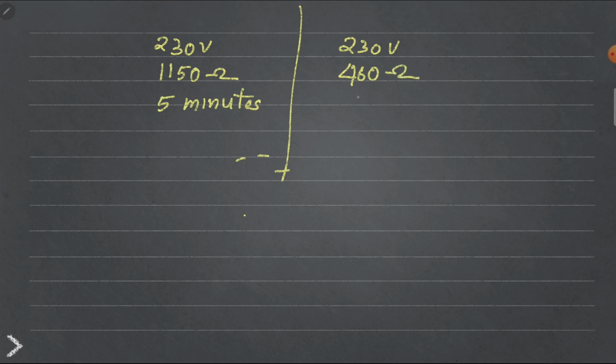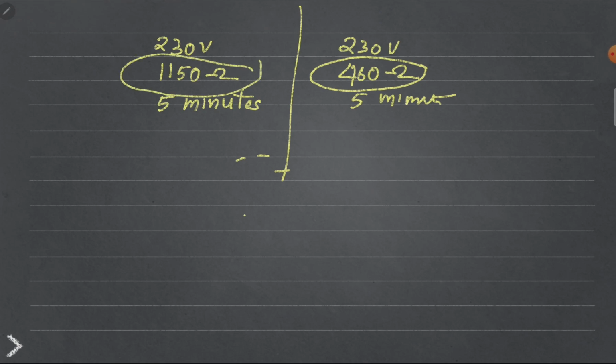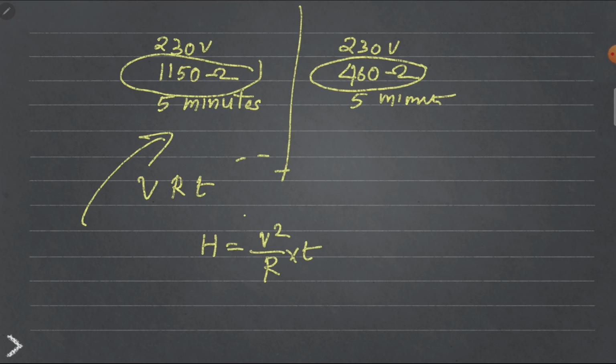Time remains the same. One thing is obvious: as here the value of resistance is low and here the value of resistance is high, some changes might be there in the value of heat generated, right? So with these three variables V, R and T, we can find out H using the equation V square by R into T. On either side you can apply this equation and find out the answer. So in the first column, if you substitute the values, it will be equal to 230 square by